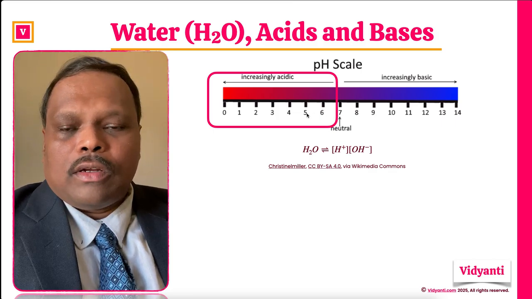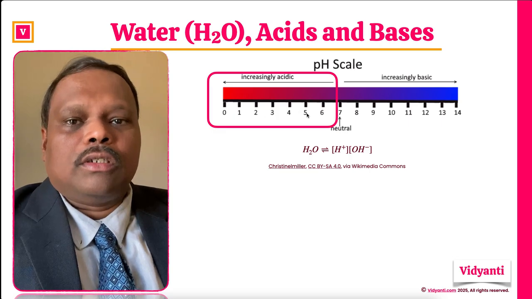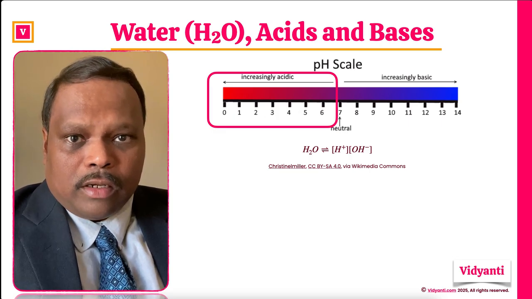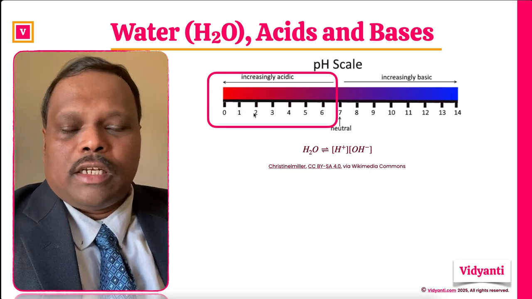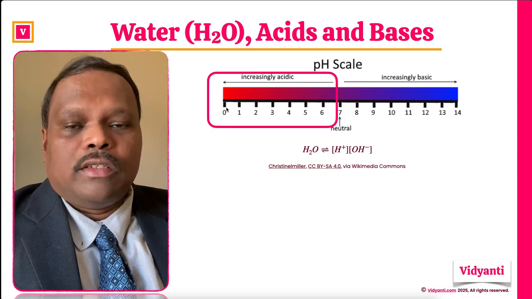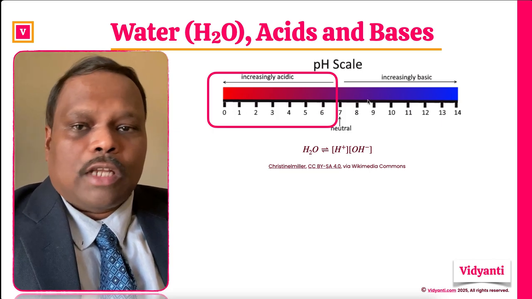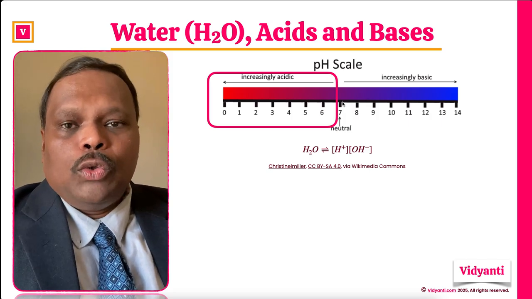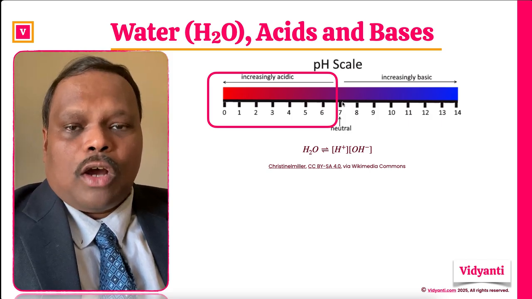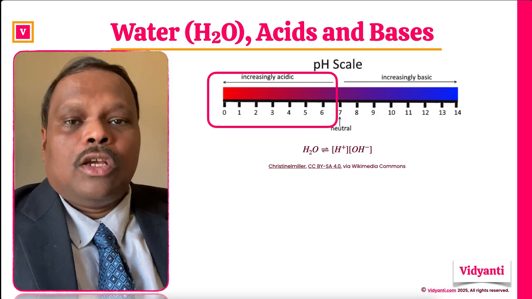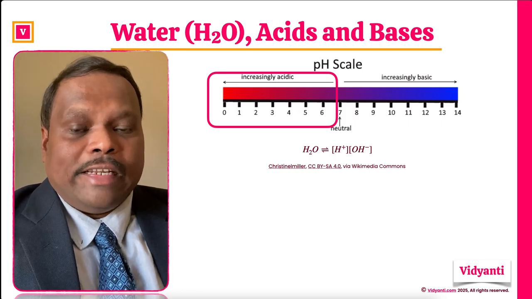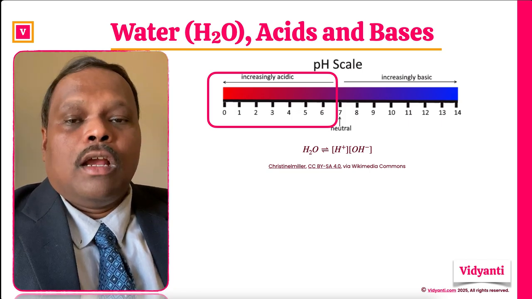If you go towards 5, the acidity will increase, and if you go towards, let's say, 2, 1, 0, then it will be a really strong acid. And that is true for the other side also. The farther you are from that neutral point, which is 7,